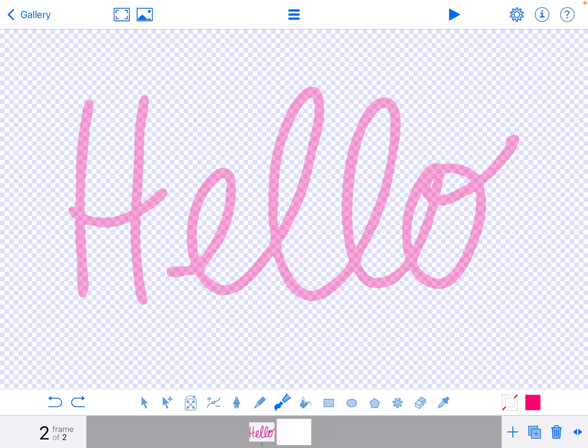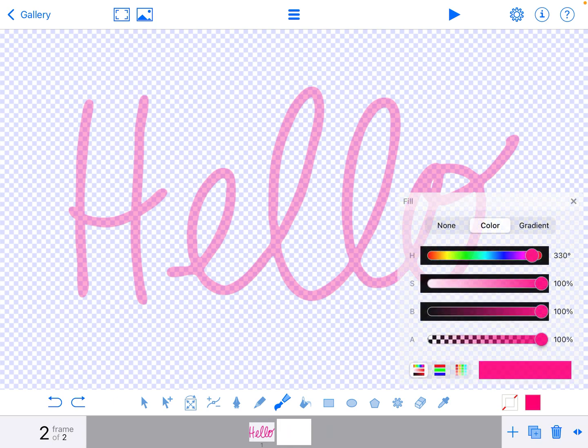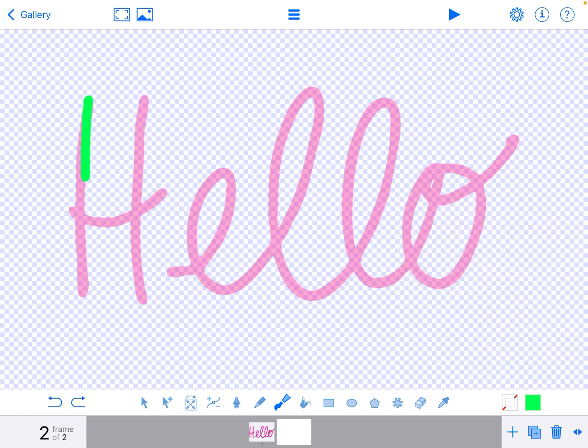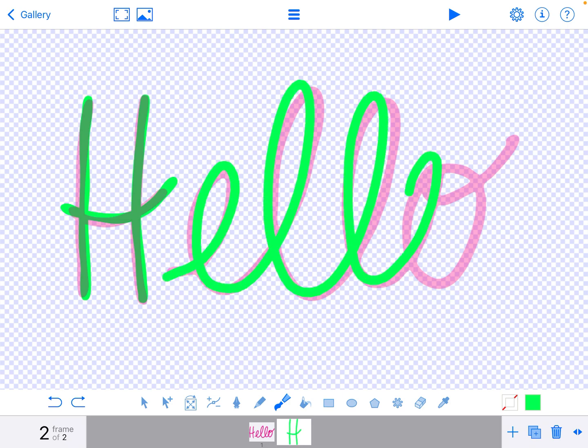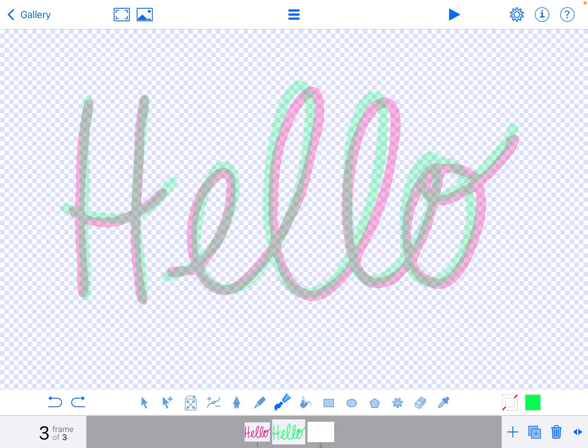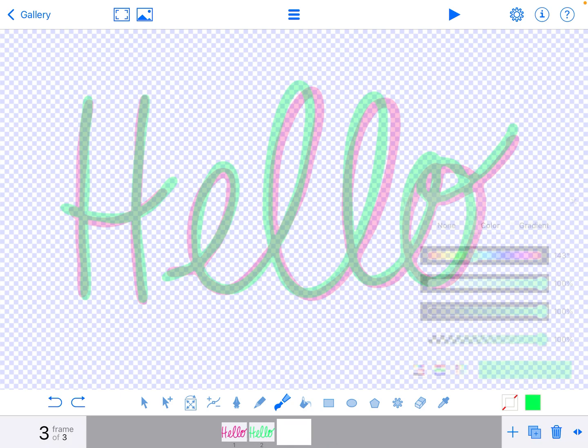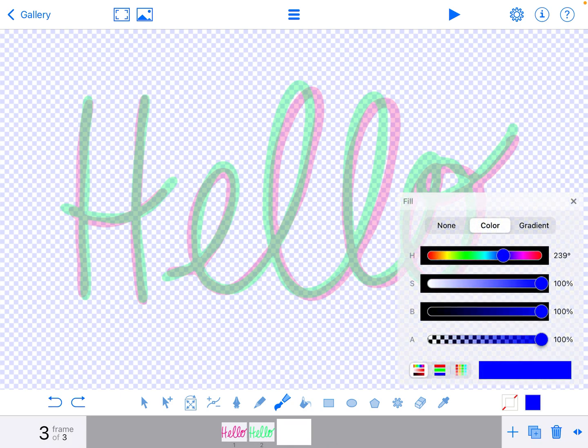Now you are welcome to keep the same color, or if you tap on the pink square on the bottom right, this is where you can start to change your color. Everybody's automatically going to be on pink because of the pink squid. That's how the app is set up. You're welcome to just change it to a different color, like you can see here. So I can make this my second frame. Okay, and now I can add a new frame. So I'm on my third, and I can change to another color and do that again, or I can change